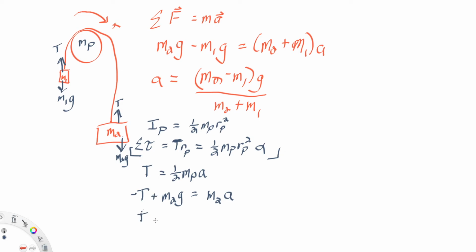Here we go. There's a few different ways of attacking this. But maybe one way is just to add all three of these equations together. So we get T minus T plus M2G plus T minus M1G